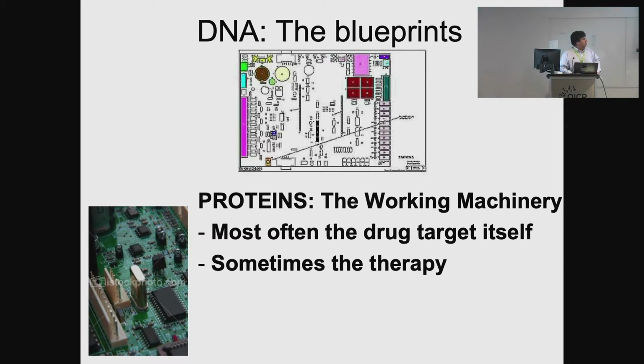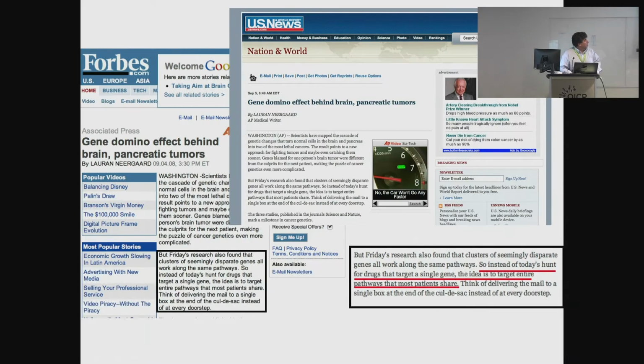So look, as I said, the DNA is the hardware of the cell. It's the proteins and metabolites and other translators of the biochemistry, the software of the cell. Most often the drug target itself, sometimes the therapy. In the Center for Biologics, I was responsible for oversight for things like interferon alpha and interferon beta, which themselves are protein-based therapies. So, these are some screenshots that are actually pretty ancient now, but these were coming out right at the beginning of the